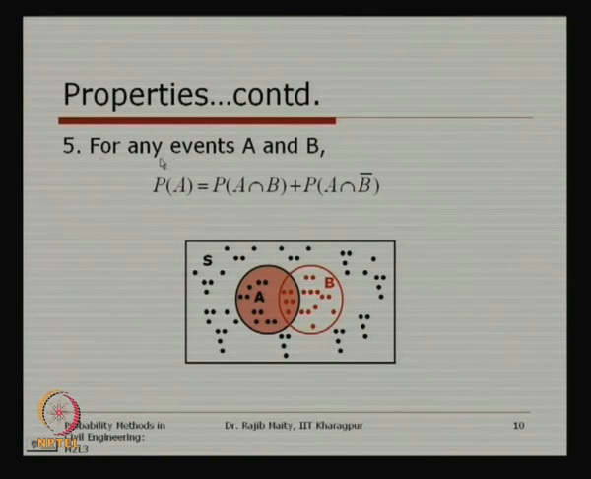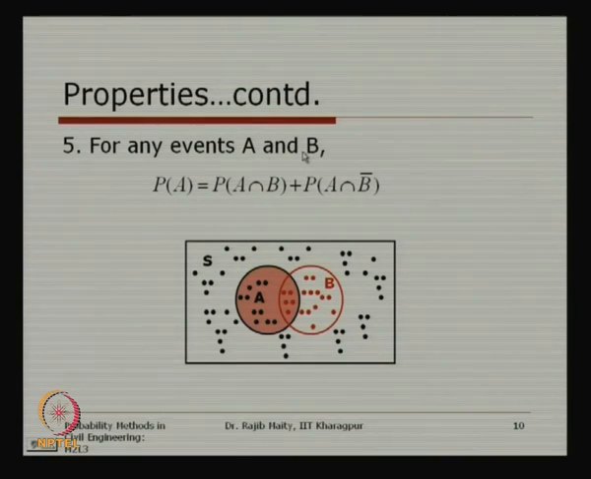For any two events in the sample space, this is the fifth property now. For any two events A and B inside this sample space, which is shown in this Venn diagram, one is that black shaded circle and one is a red circle. These are two events. Now any one event,